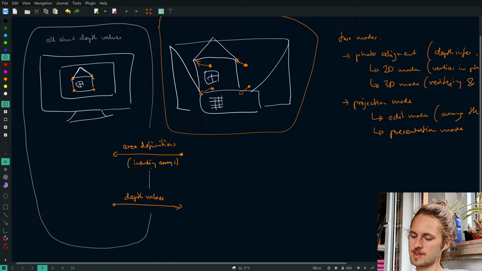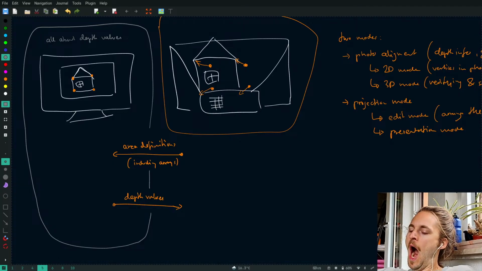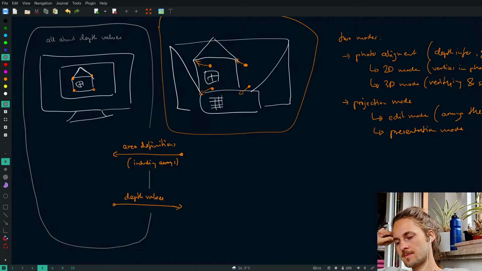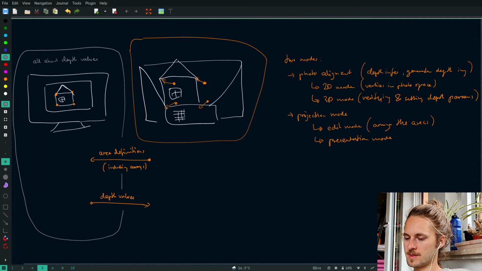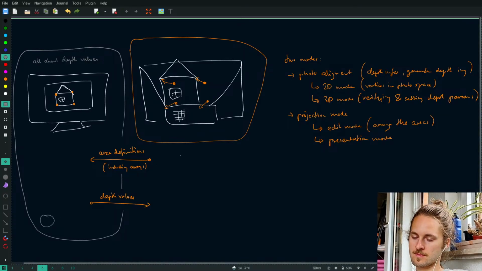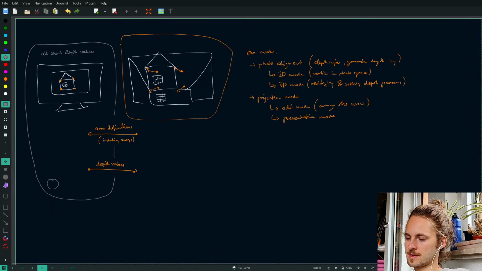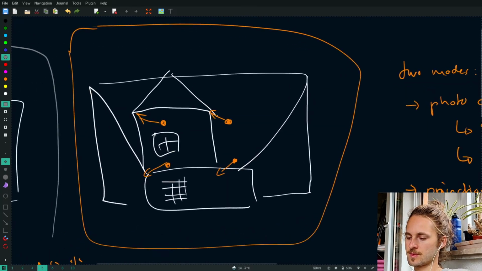So we could actually just mock that for a while and imagine it's returning the same depth value for every area vertex. So maybe we should focus on this for now,